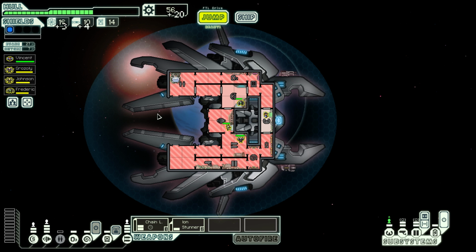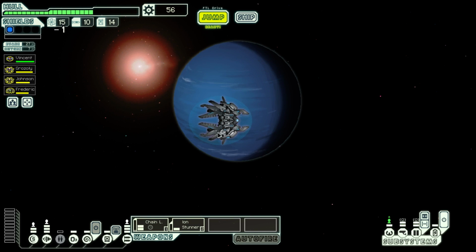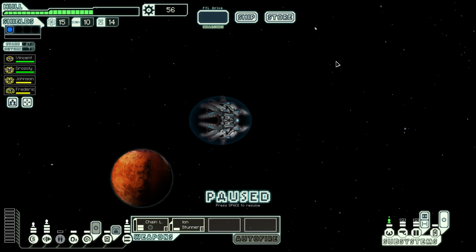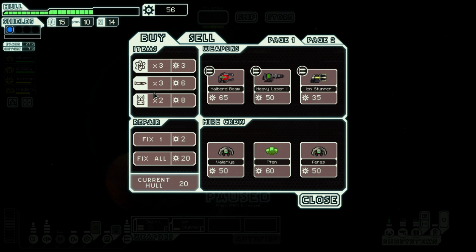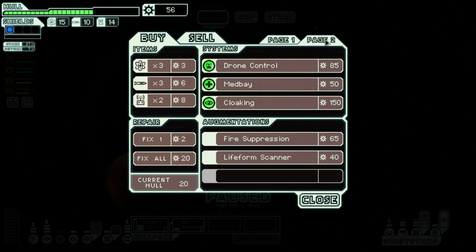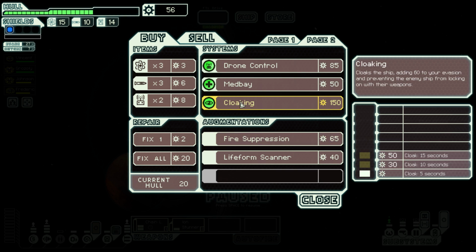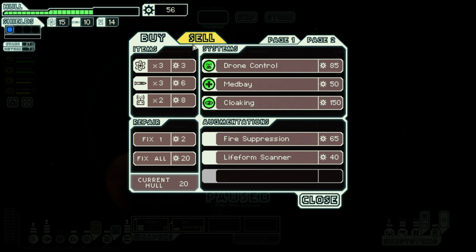Cool. So 3 fuel and 20 scrap. Not too shabby. Now we've got another store. I'm actually going to hit this one. We might end up in a little bit of trouble because I've done this. Oh, but we get multiple pages of things. Fire suppression we literally don't need. That's right, I haven't been using my backup battery, so...